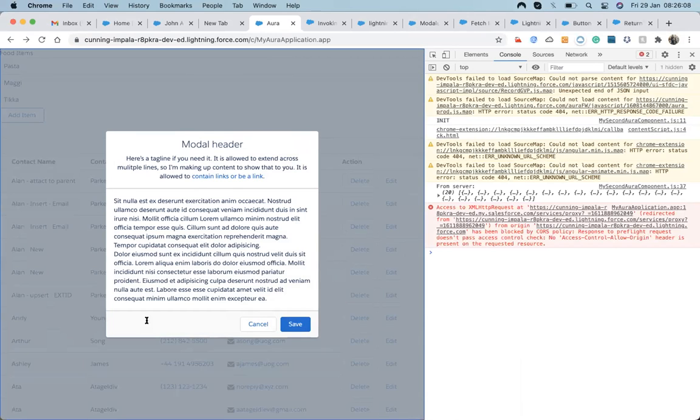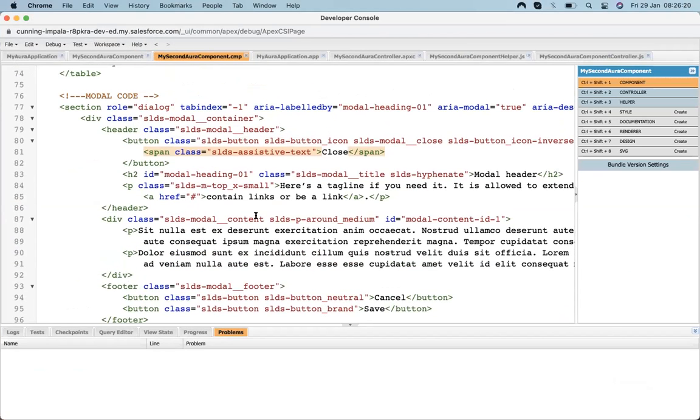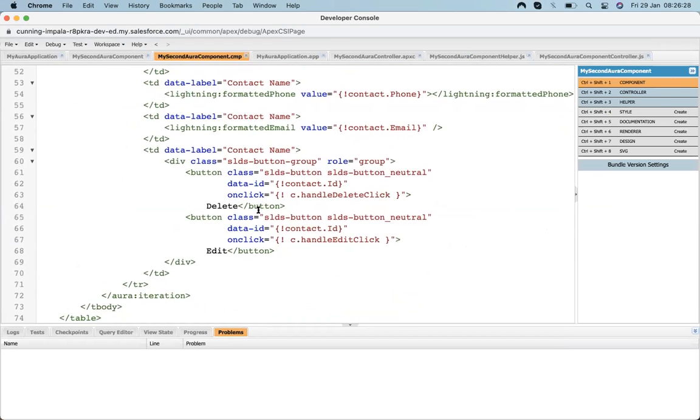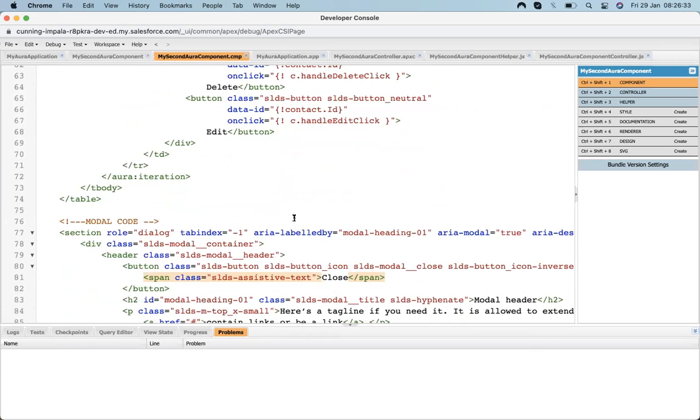So I need to hide this modal first when the page loads, and whenever the user clicks on the edit button, thereafter this modal will show. In order to hide or show any section or any piece of code or any table or anything, what we have to do is use an attribute called aura:if.